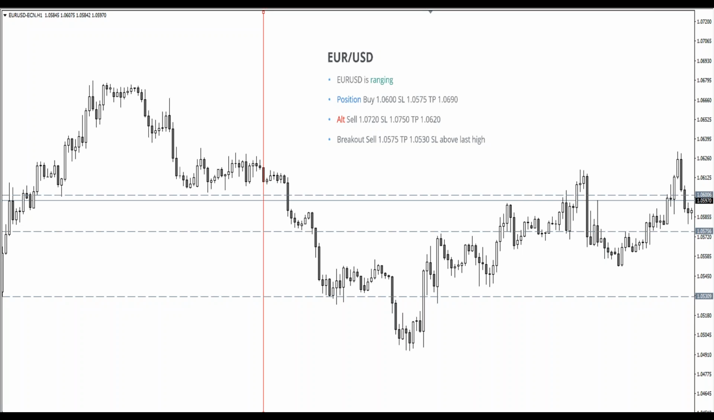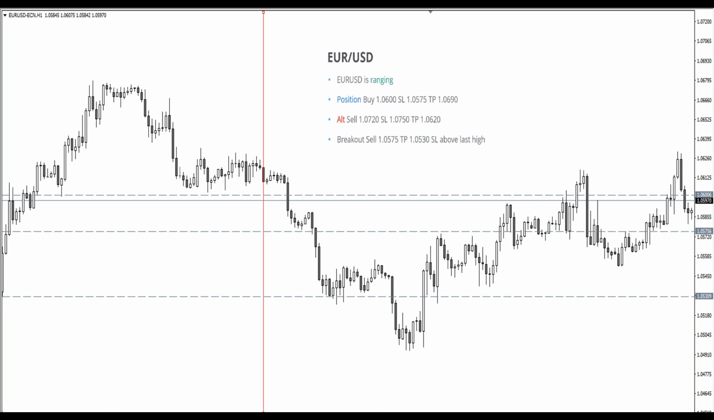Okay, so euro dollar, it was ranging. Definitely we had a buy position at 0600, stop loss 0575, TP was 0690. But then, as you can see, we also had a sell position at 0720 with stop loss just above there, and with TP 0620. And what happened actually? Two positions were activated. The first position that was activated was positional buy from 0600,